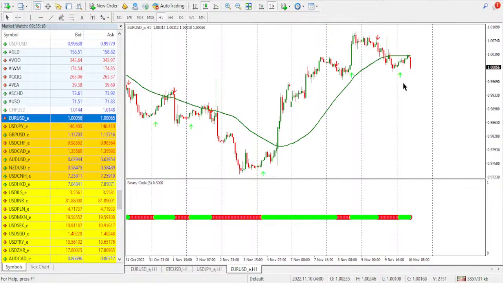Today, I'd like us to start analysis with the Euro USD. So, we're going to use a combination of this standard moving average and also this custom indicator, the one I have on my screen. And we're also going to use a bit of price action just to see exactly or precisely where we expect